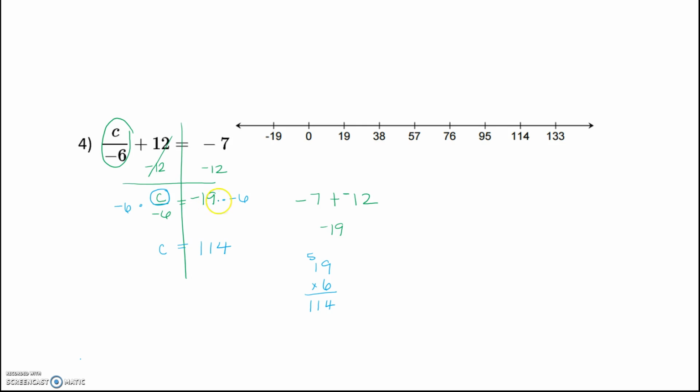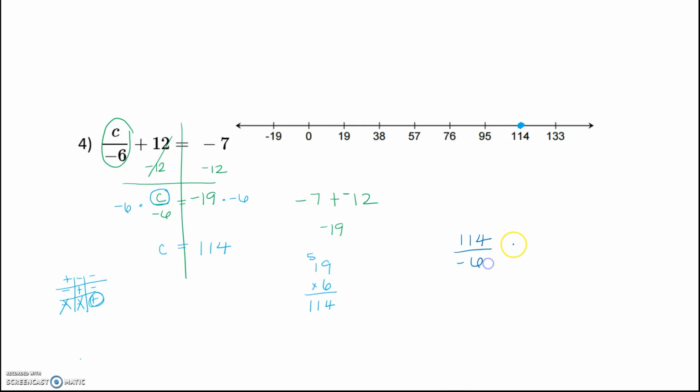Let me check my sign. Okay. Positives going across here, and I had a negative times a negative. My answer was positive, so it's positive 114. So I'm going to go ahead and graph it, but wait, there's more. Okay, I'm not done yet, so I'm going to check my answer and make sure I'm right. So I have 114. I'm plugging it back in for my variable